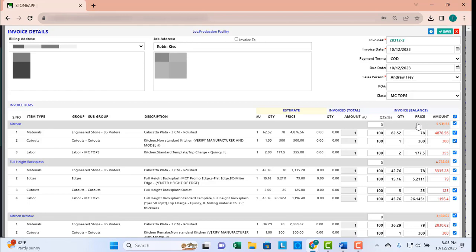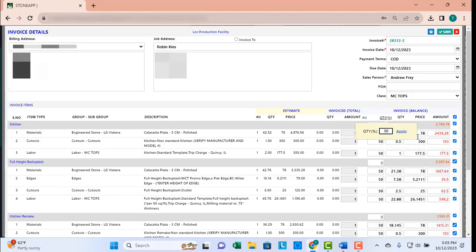Another item to note is you can apply a percentage that you want to send to the customer by selecting this quantity percent. Up at the top here, if I open this up, I can select a percentage that will apply to the entire invoice. So when I send this, it's only going to be collecting 50% on every line item from the customer. Now, I'm going to change that back to 100